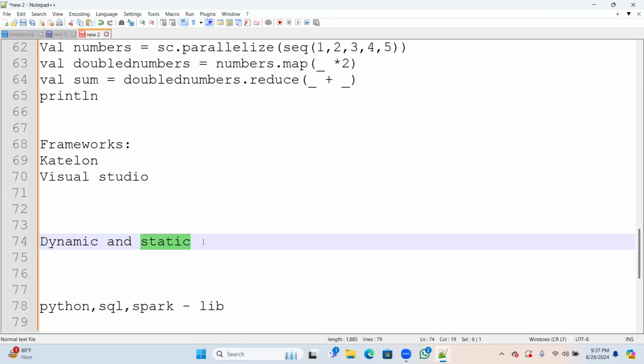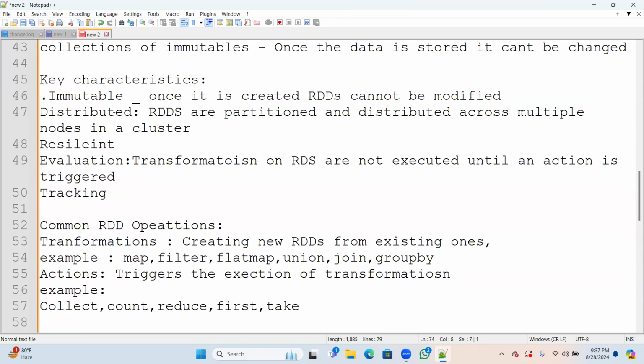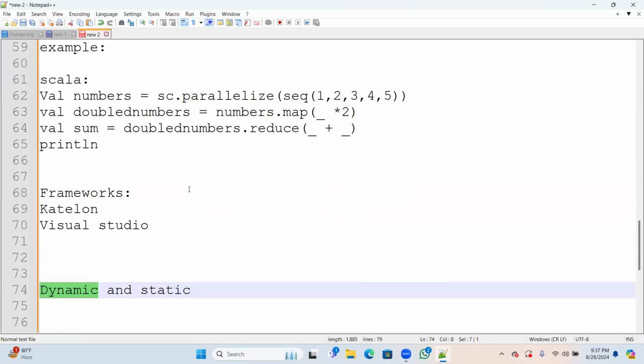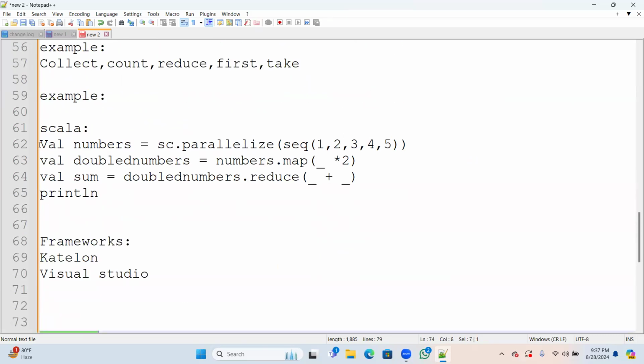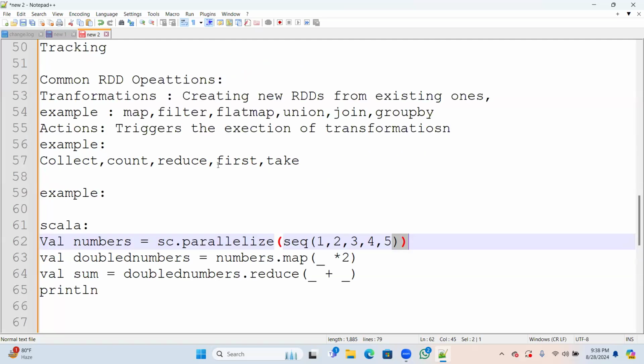For batch processing, for sure we need some kind of data storage space. Whereas in Spark, we don't need any database. It will temporarily store the data somewhere, apply whatever logic we apply, and give the results. That's how Spark works.